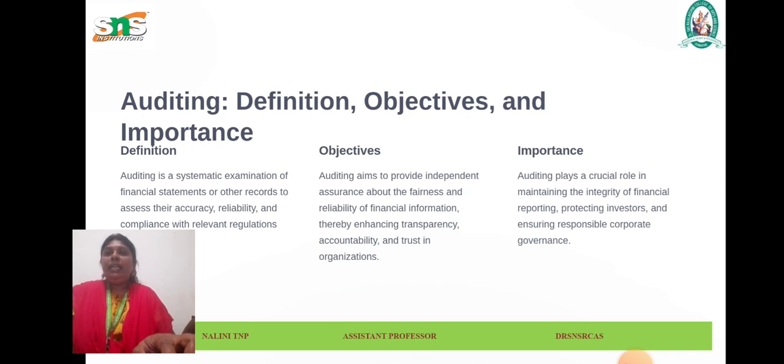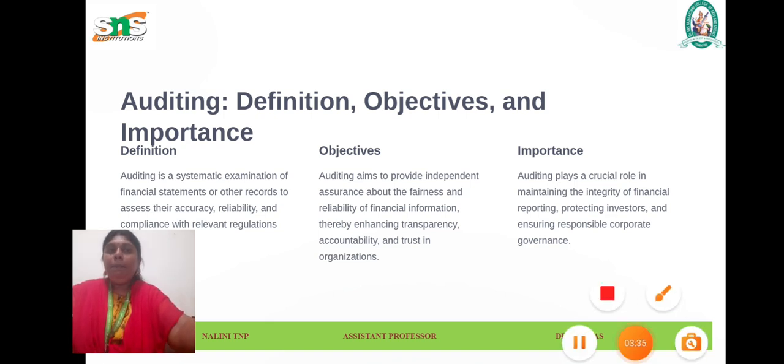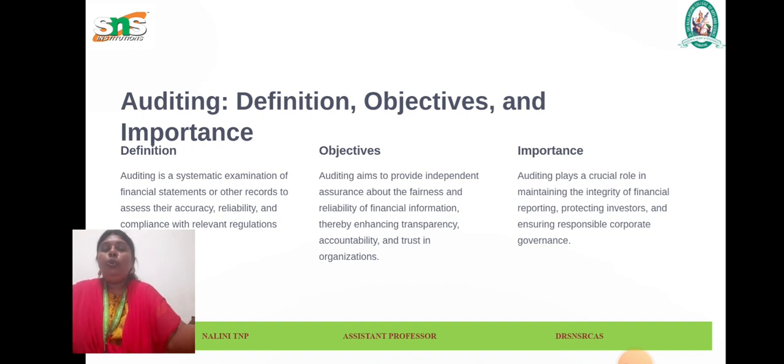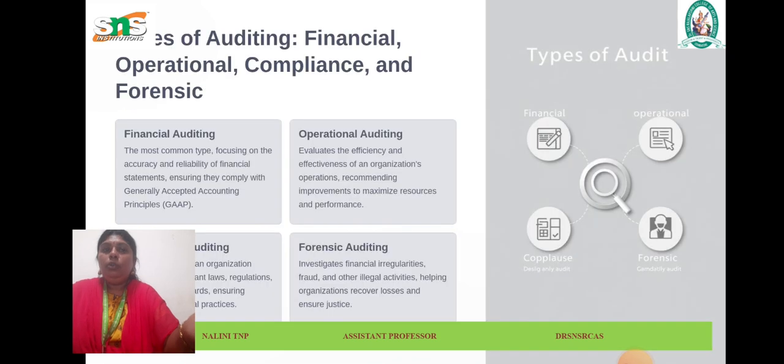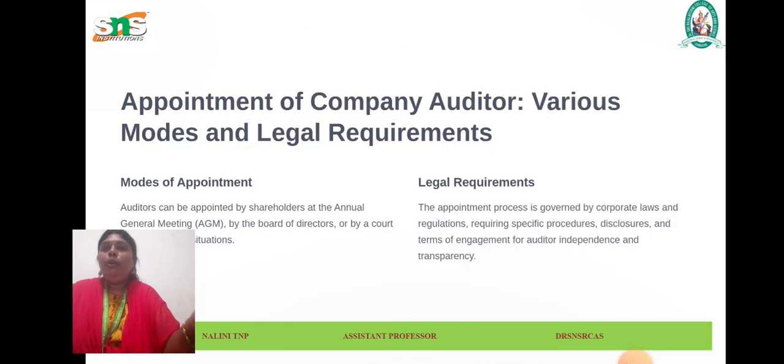Checking assets and liabilities. Audit thoroughly evaluates the financial statements of the business. It helps in confirming the true value of assets and liabilities of the organization. It helps in determining the true financial position of the business. After that, accordingly, proper plans can be made to achieve the targets and goals. These are some of the importance and objectives of auditing.